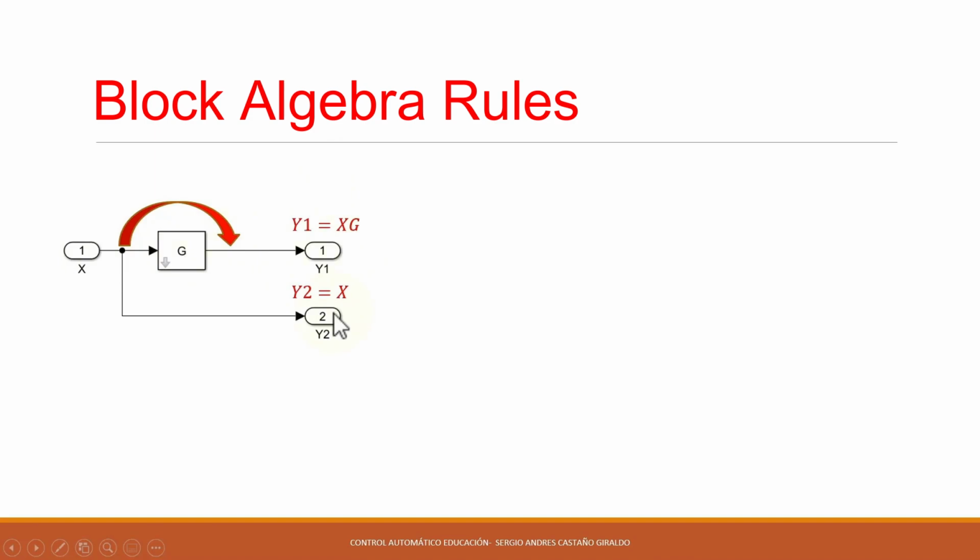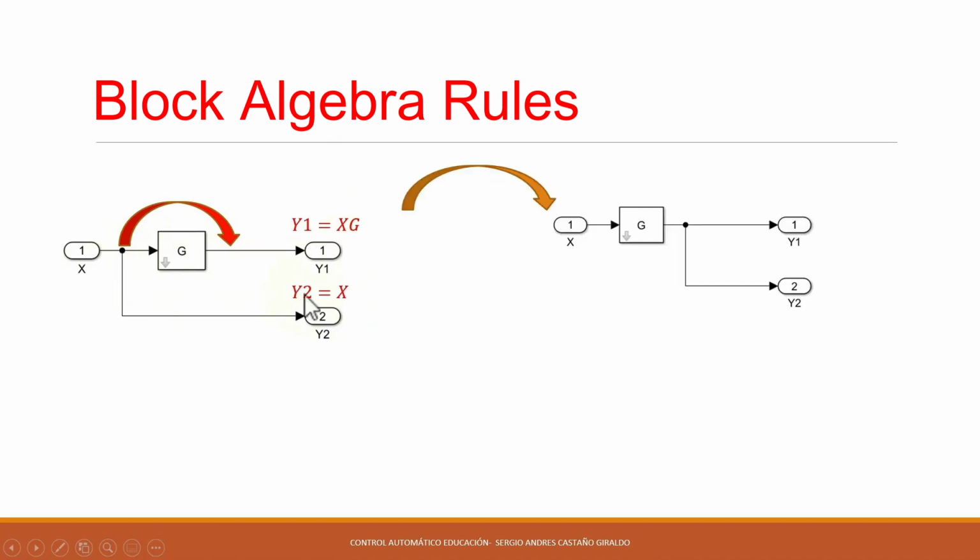Let's do this. Initially, the first thing we do is move the branching point to the right, and that's what we did here. Now, let's check after doing this if it really is equivalent or if it matches the original. Let's look at what we have at y1. y1 equals x times g. We see that x multiplies g and comes out here at y1, which is what we have here. Now, let's see what we have at y2. y2 is also x times g. How is that possible? Here, x is multiplied by g, so of course, we end up with x times g